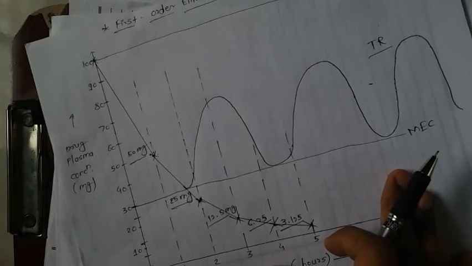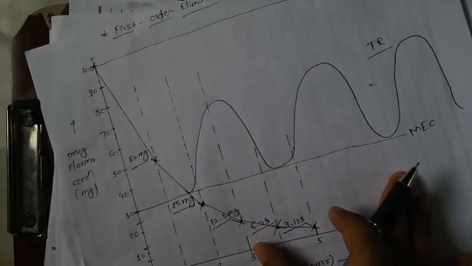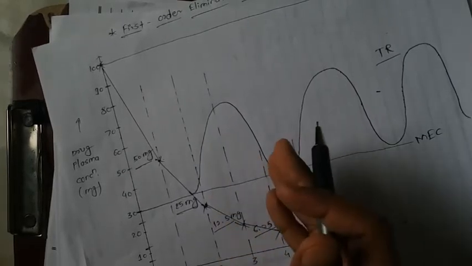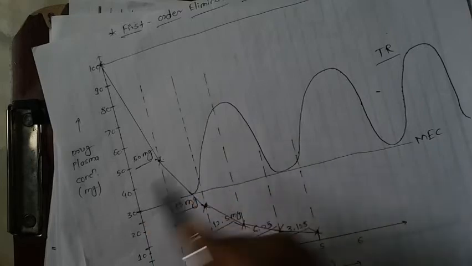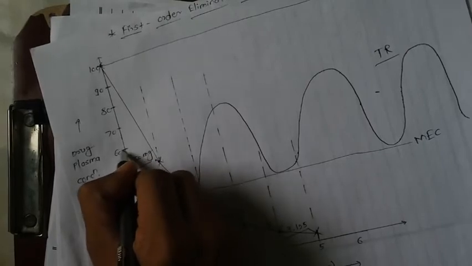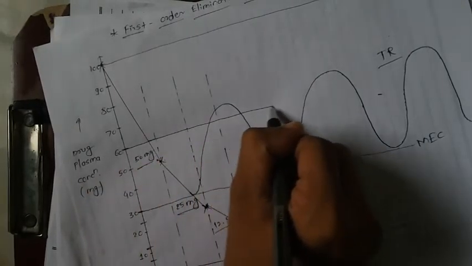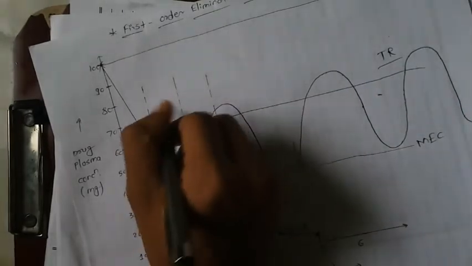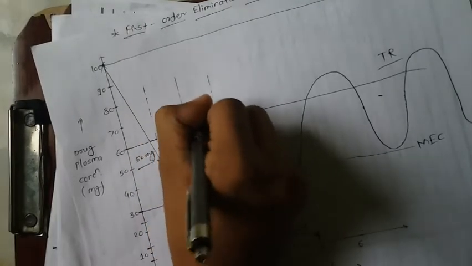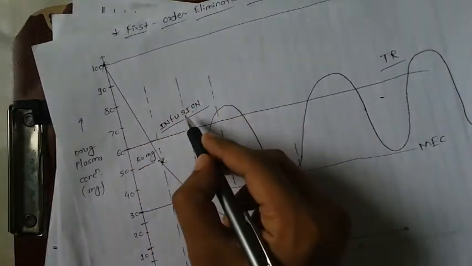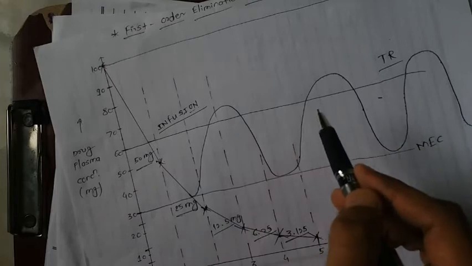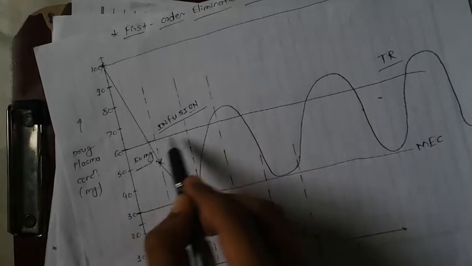So in a critical situation, we generally give intravenous infusion, that is, to balance the rate of elimination, we give continuous infusion of the drug. So suppose we give 60 milligram, so we continuously give, that is continuous infusion. We give the infusion of the drug to maintain the concentration of the drug in the therapeutic range, that is to balance the elimination of the drug. So this is continuous infusion.